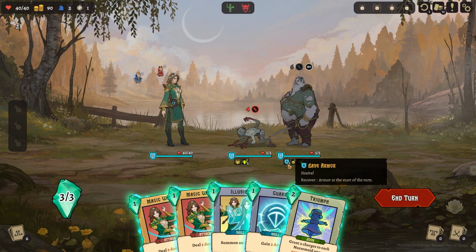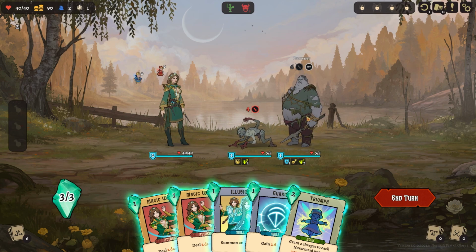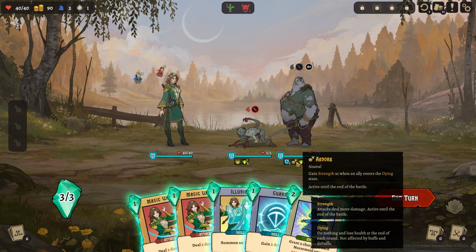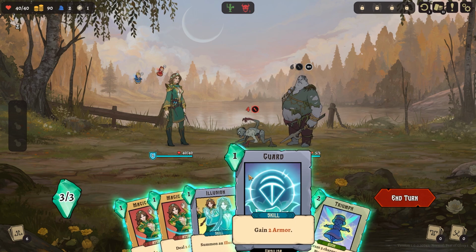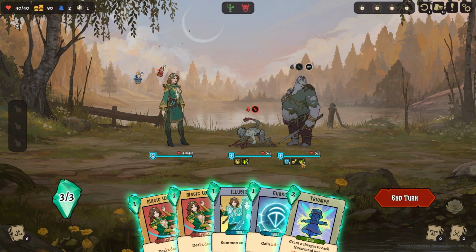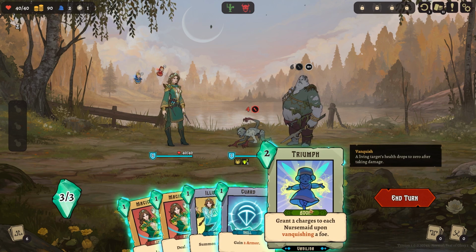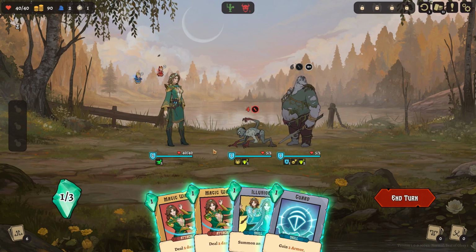And in the background, we have a Drowner who's trying to move forward. They have 1 base armor, 5 max health. Absorb: they gain a strength when an ally enters the dying state. So either of them are going to gain strength no matter what here. And they have vigor. Let's do Triumph in